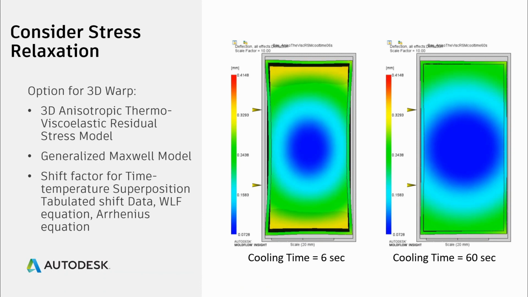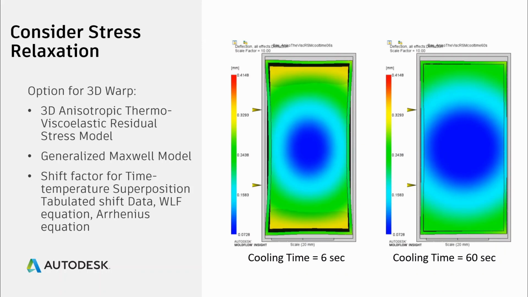Another technology preview feature which we are continuing is an option for the 3D warp analysis where we consider the stress relaxation which occurs while the polymer is still constrained in the mold. And this uses a 3D anisotropic thermo-viscoelastic residual stress model, where the viscoelastic properties are characterized by a generalized Maxwell model. And the time-temperature superposition, which requires a temperature shift factor, can use either tabulated shift data, the WLF equation, or an Arrhenius equation. The aim of this stress relaxation method is to better capture the effects which occur due